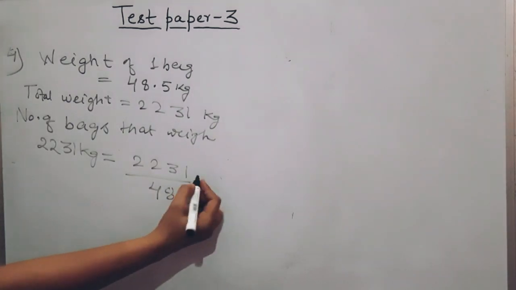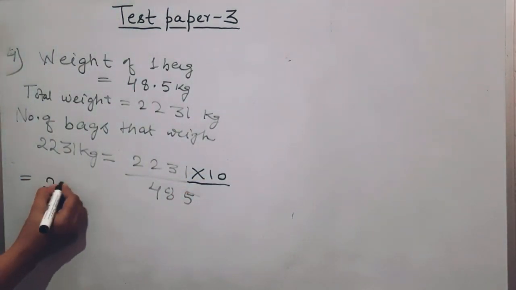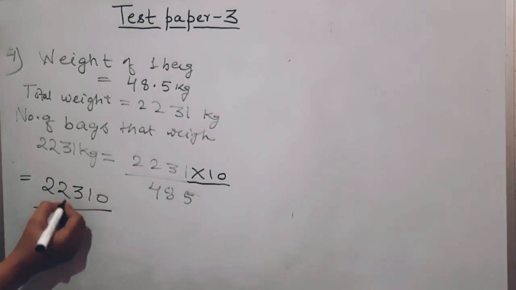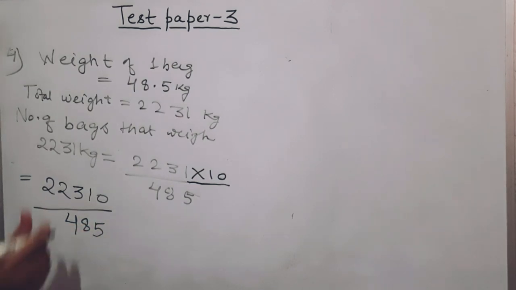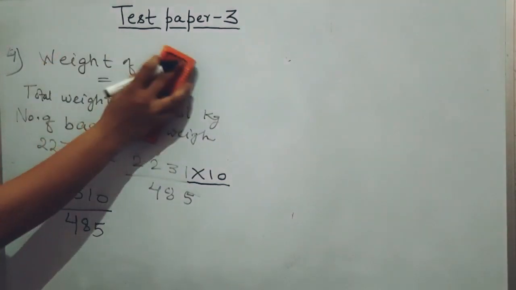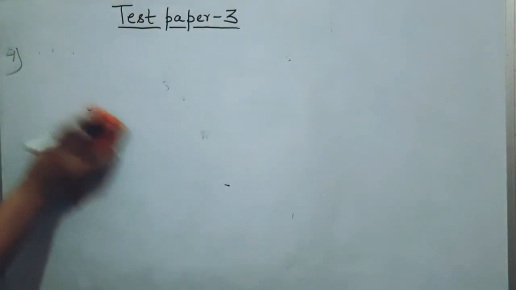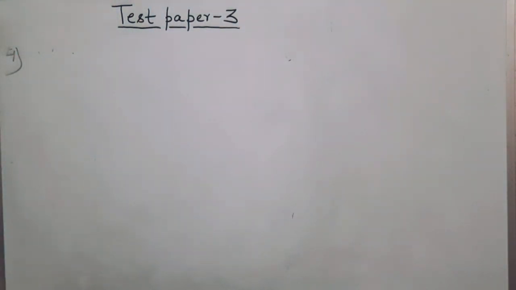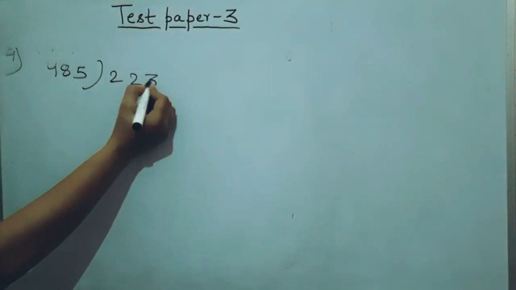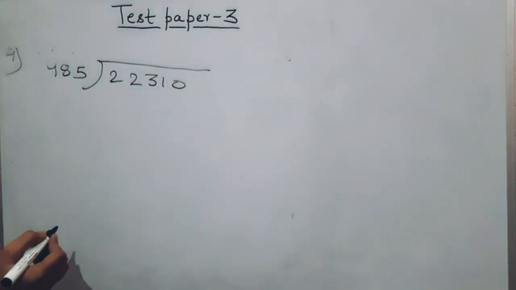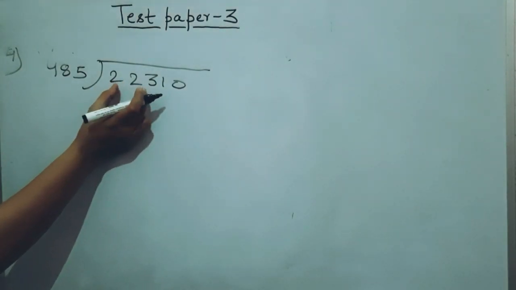So to remove it, I have to multiply the numerator by 10. Now I have multiplied the numerator by 10. So what happened? Now it became 22,310 and you have to divide it by 485. Now what do we have to do? To find out the total number of bags that weigh 2231 kg, we have to divide 22,310 by 485. Now we have to perform the division. So as you can see this is 485. So we have to check, as we can see that 223